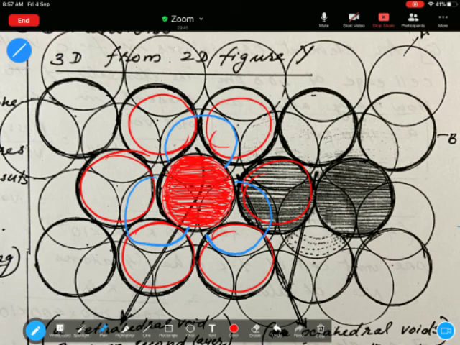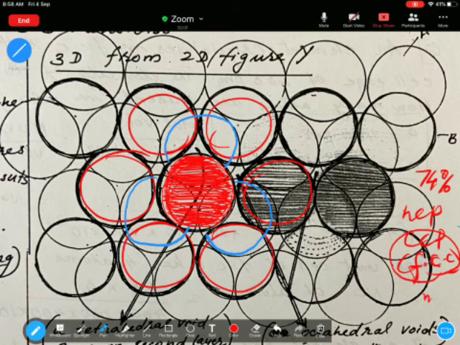Both the arrangements are equally efficient, that is 74%, whether it is HCP or CCP. CCP means FCC. Sometimes in the question you will see CCP, sometimes FCC. In both the cases you have to take the number of atoms. Number of atoms is equal to 4. In the case of HCP, unit cell contains 6 atoms. The derivation is not for you.